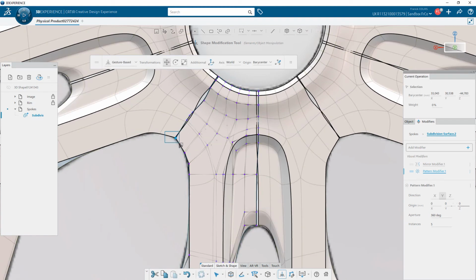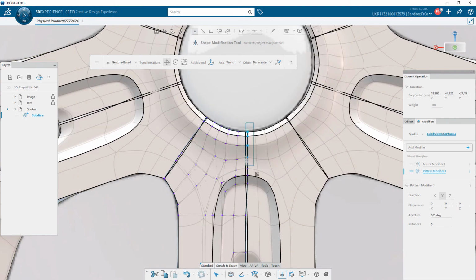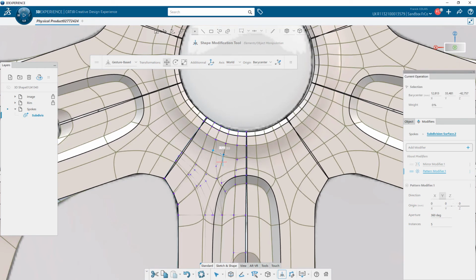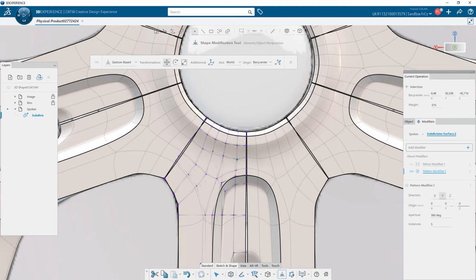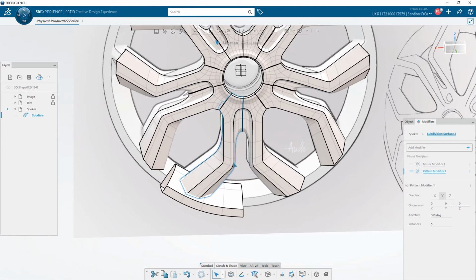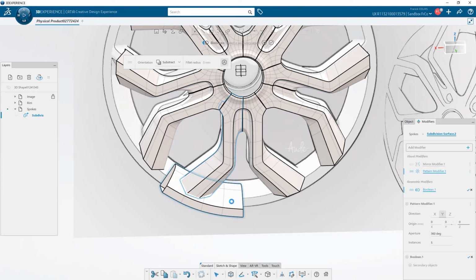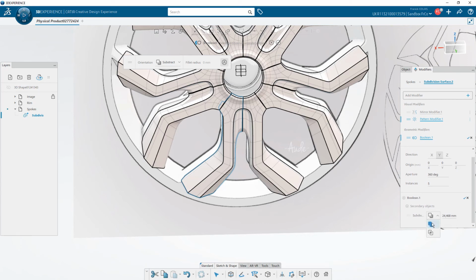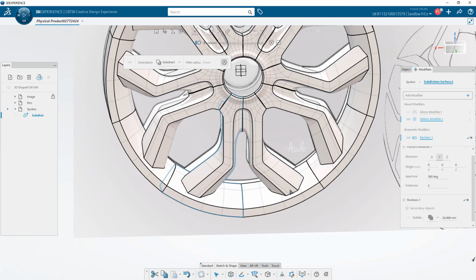I adjust the mesh by moving some vertices of the original face to a better result and a better junction. All modifiers are updated in real time. Time to add the rim part to the Boolean modifier, always in the modifier panel. I do not have the good result because I did not change the operation type before selecting the rim part. It's not a problem, I can modify it directly in the modifier panel.